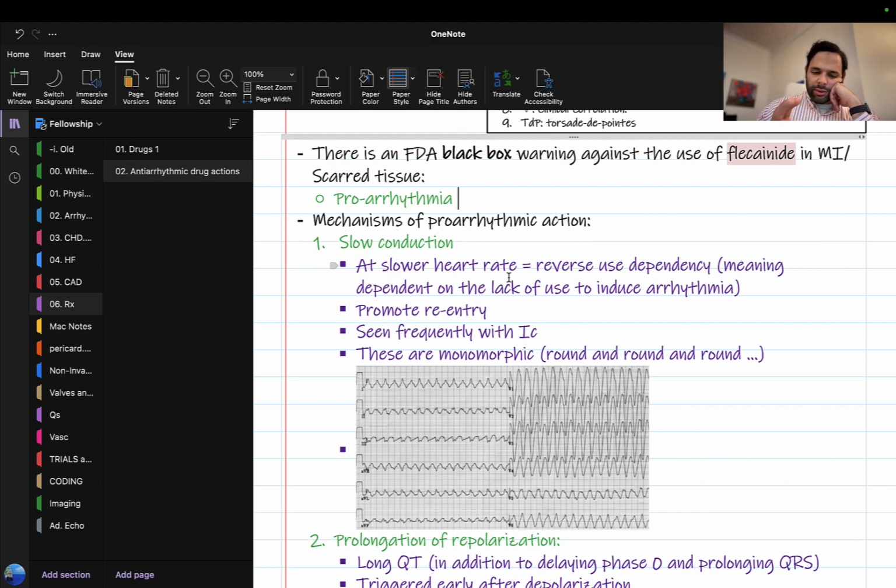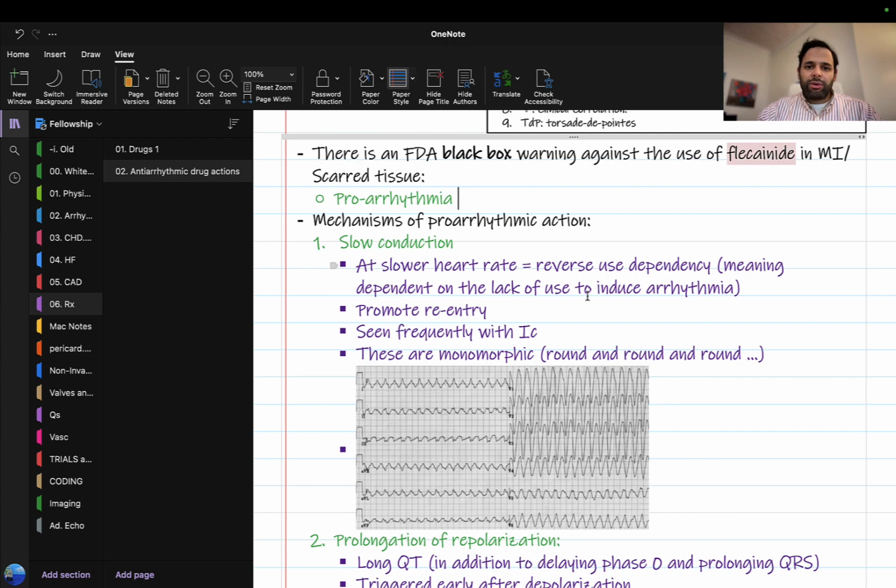I want you to note that MI is one thing, an old infarction, for the sake of arrhythmic mechanisms of action, and an ongoing acute ischemia is another thing. The scarred, fixed structural tissue might cause re-entry and monomorphic tachycardias, whereas the active ongoing ischemia with disruption of propagation of electrical wave fronts can have polymorphic tachycardia.